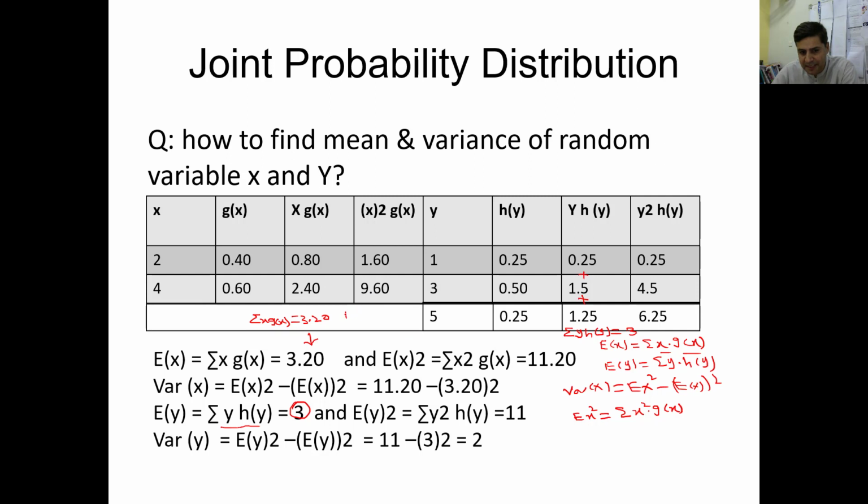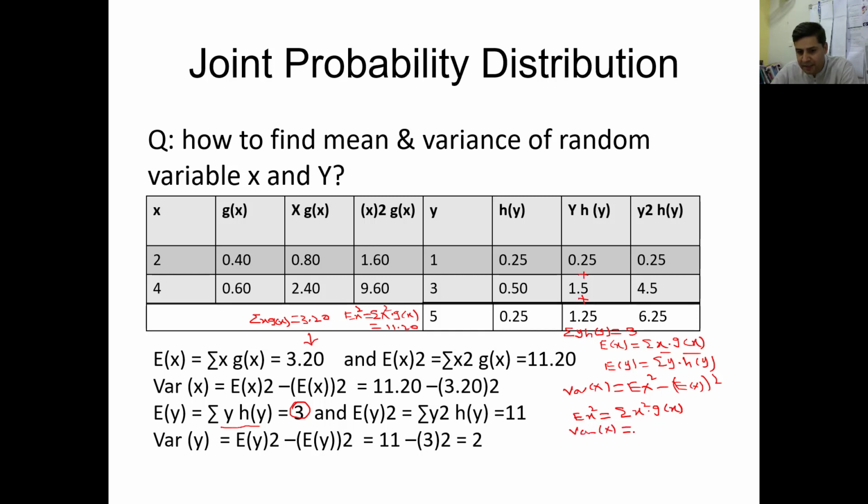So E(x squared) is equal to the summation of x squared into g(x), which, as we have already calculated, is 11.20. Now you need to put this value in the variance of x.